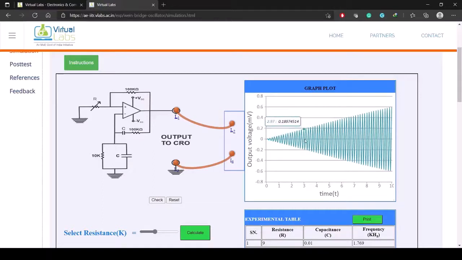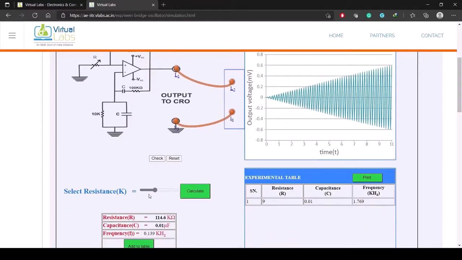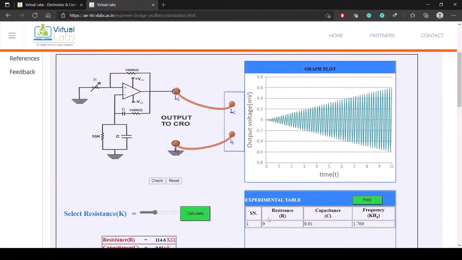That is why we are getting an overdamped oscillation. So in this way you can change the value of resistance, calculate the frequency and get the plot, and also you can insert all the experimental values by clicking on add to table in this experimental table.